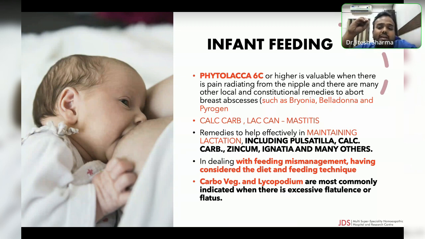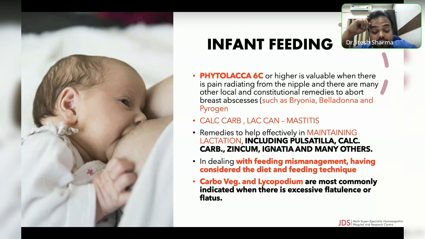So even for remedies which are helpful for maintaining lactation, that is Pulsatilla, Calcarea carb, Ginkgo med, Ignatia, and many other remedies. Like lecithinum also, like I taught you, lecithinum is one of the wonderful drugs for improving the lactation. Next,